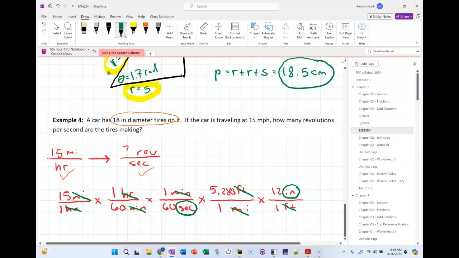We've converted miles per hour into inches per second. Does everybody kind of see where we're at in the problem? Again, I just want to pause here before we do this final step, because the final step's the trickiest one. Somehow now I need to convert this linear unit of inches into a revolution. What I need to know is how far does this bike travel, how far does the tire go with 1 revolution? That's going to be my final conversion factor,